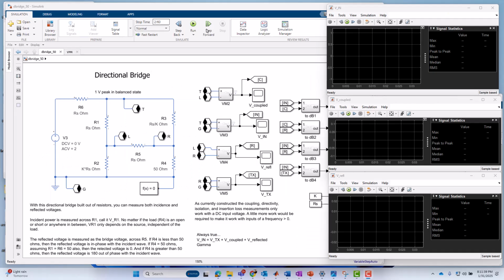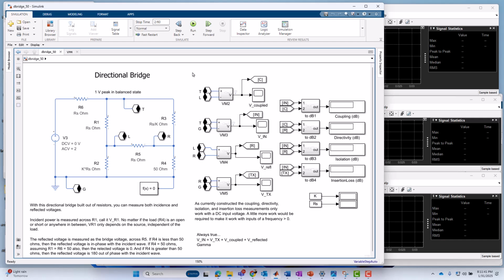Okay, so now we are over in Simulink. I've modeled the directional bridge using Simscape components, and then I've monitored the various nodes. I'm calling this the top node, the ground node, the left node, the right node. And then those are kind of shortcut connection labels, so I don't have to drag wires over to measure those voltages. I'm displaying them on scopes, and then I'm using them also to compute certain parameters like coupling, directivity, isolation,